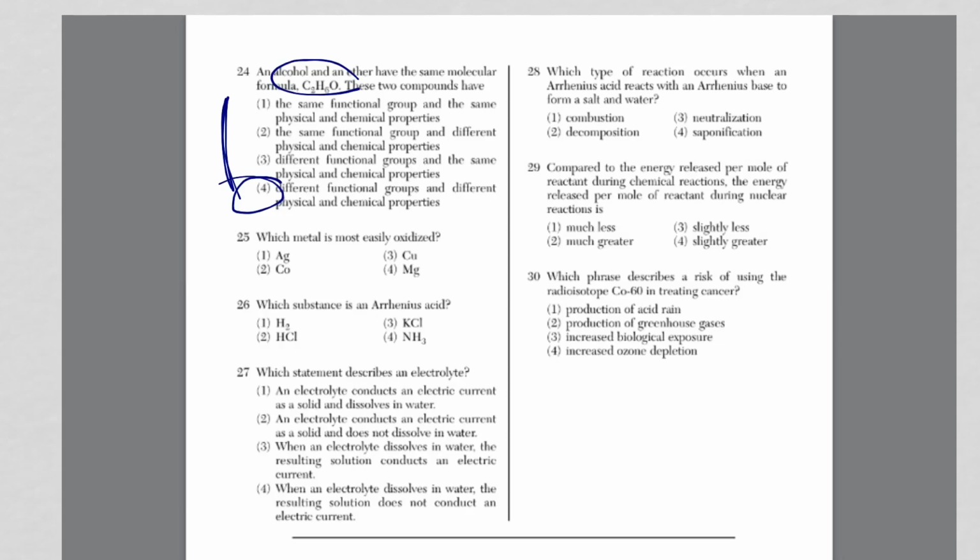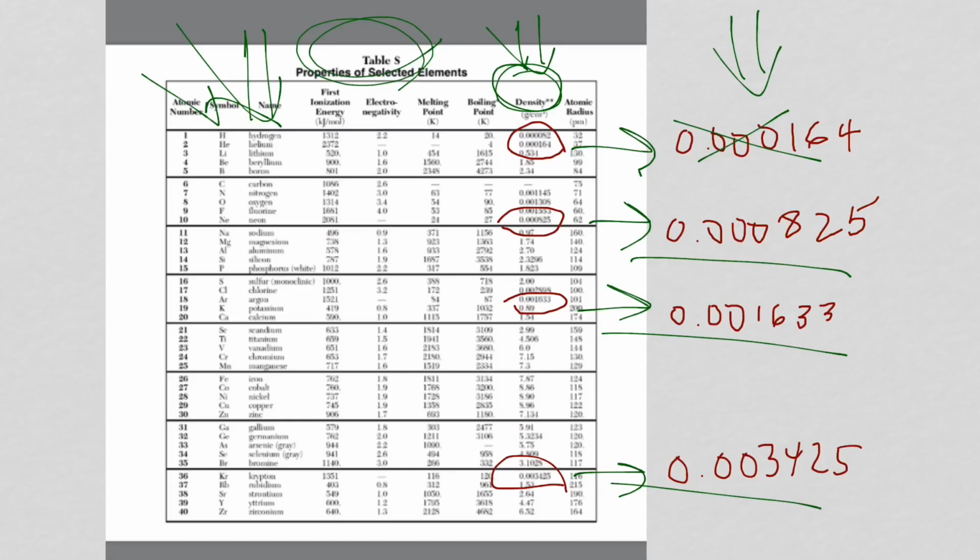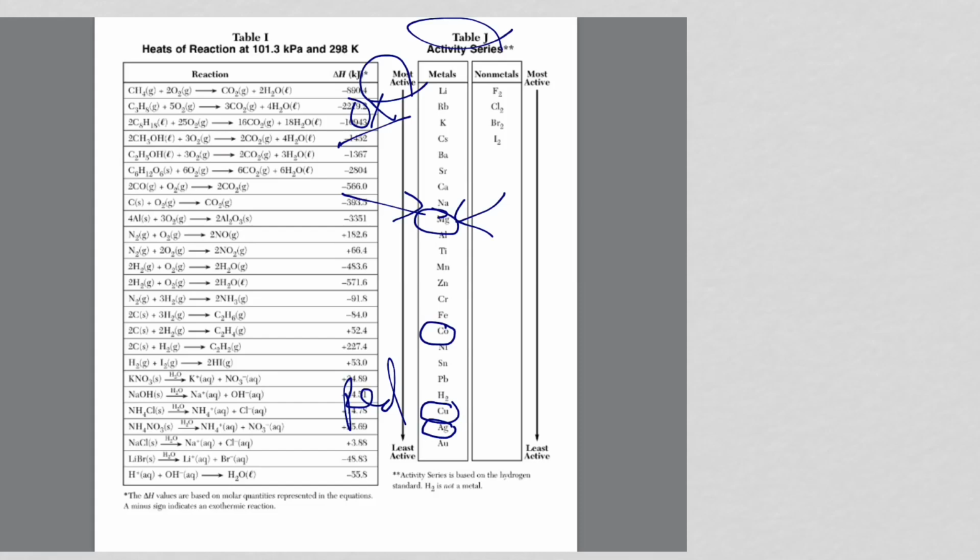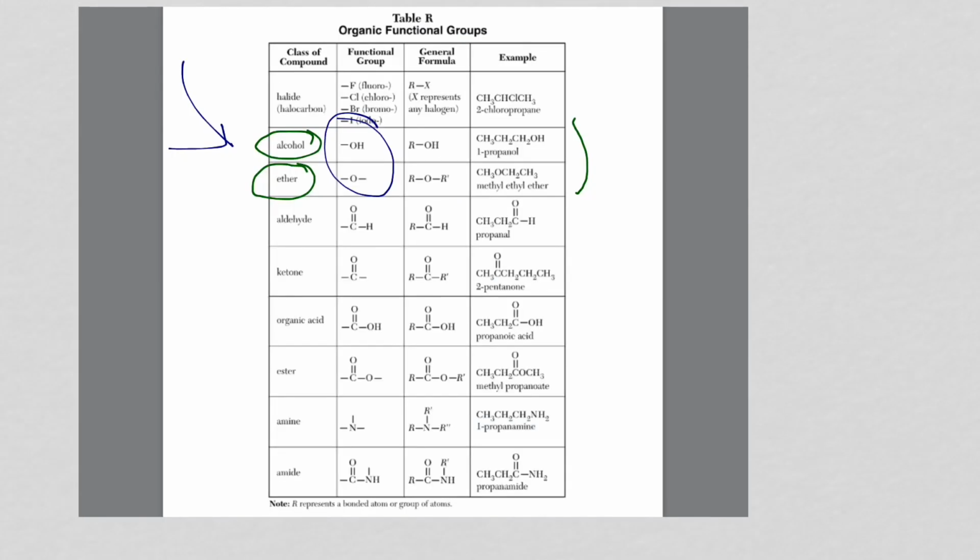For 25, which metal is most easily oxidized? Metals want to lose. So what this is asking you is which metal wants to lose its electrons the most? The easiest way to look at this is to look at reference table J, which I think I have here. Here it is. So what I did was I put the choices here. Most active means wants to lose electrons the most, with lithium at the top, and the least active wants to lose the least. So we're talking about the metal side here, so magnesium is going to be our answer,